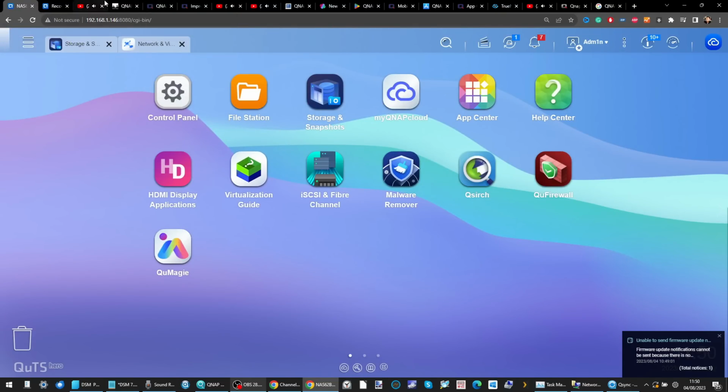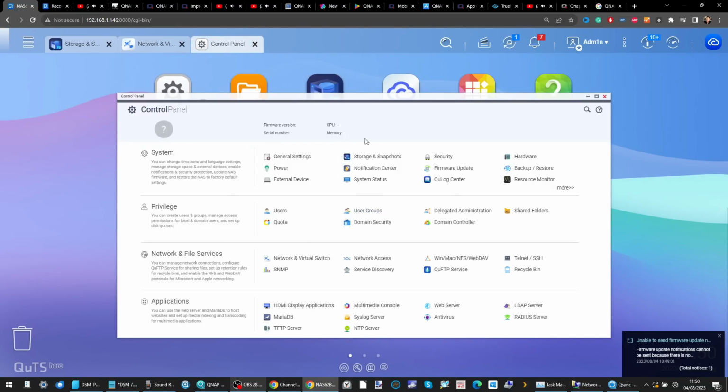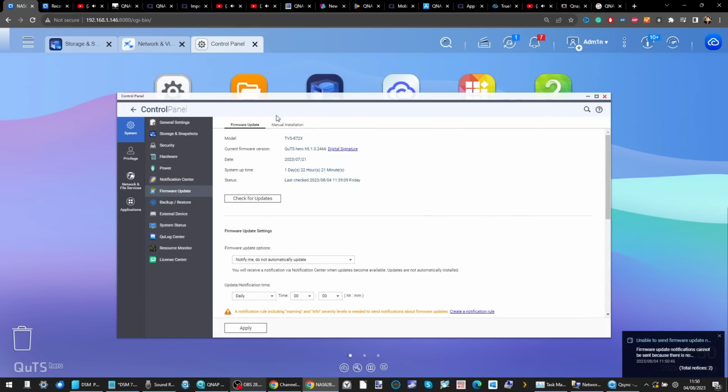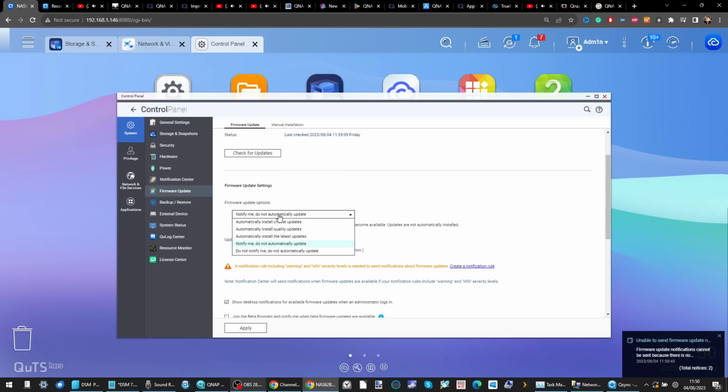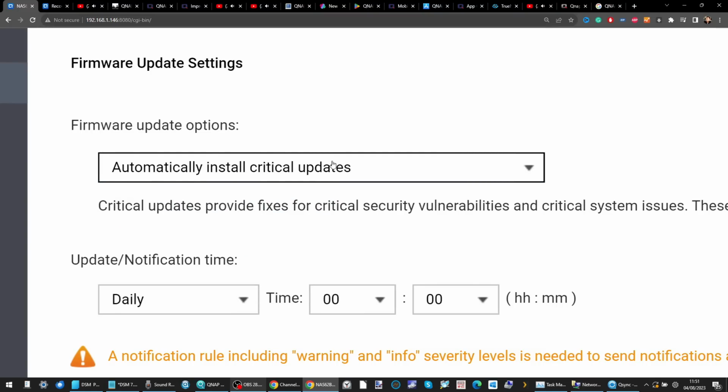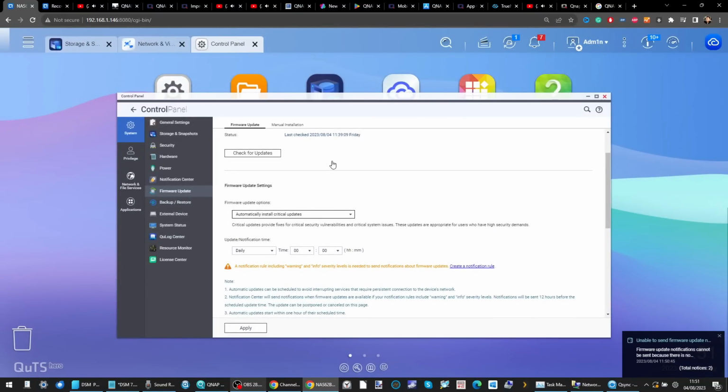Now, as I mentioned earlier on, there's always going to be a question mark around the responsibility, because some users do set these devices up in an unsafe fashion, or they don't go to their update section and make sure that those updates are regularly followed. Sometimes you want to make sure that, for example, critical updates and security updates are automatically installed. This is not something that's enabled by default on a QNAP system, and if you don't make a point of always installing those updates automatically, you may be running a system for days, weeks, months, or years using an old